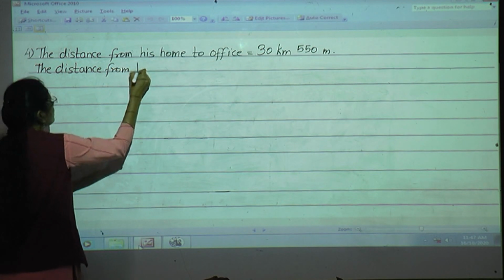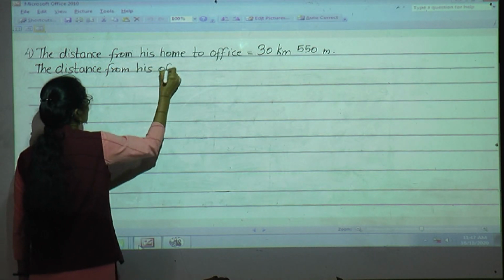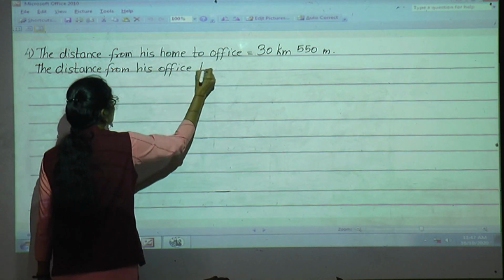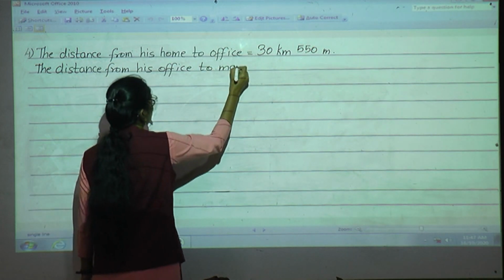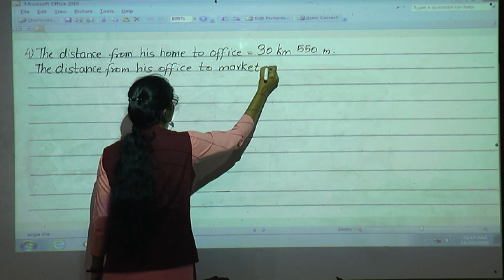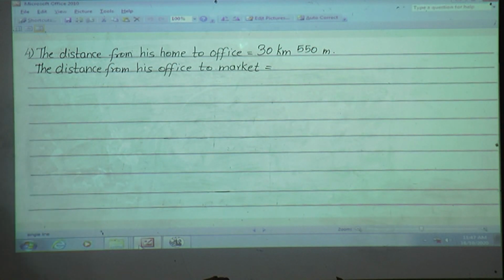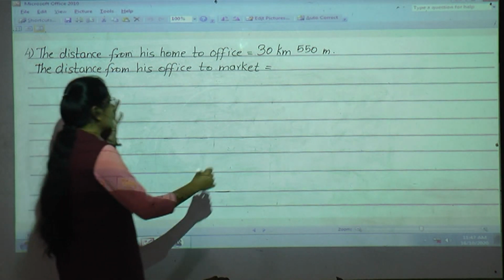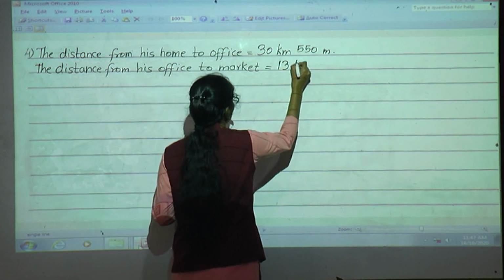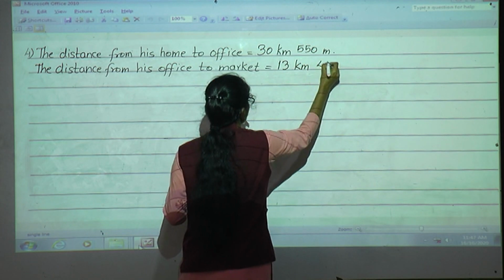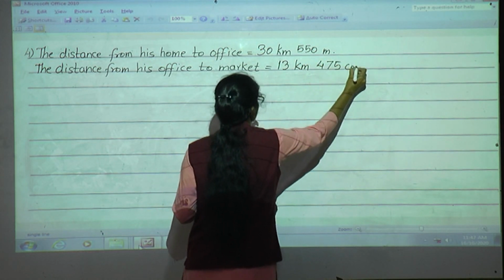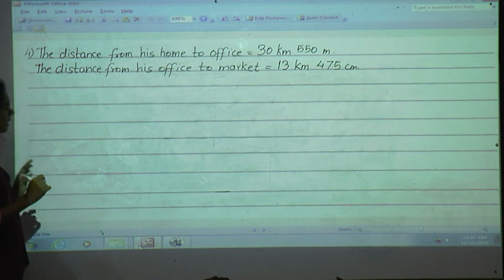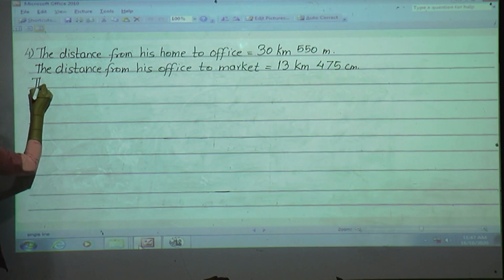Then from his office to the market, the distance from his office to the market, what was the distance? Yes, from office to the market, 13 kilometer 475 meter. And then finally the distance